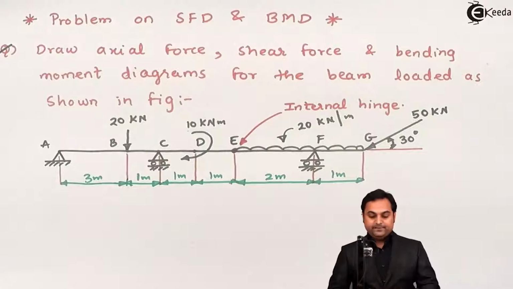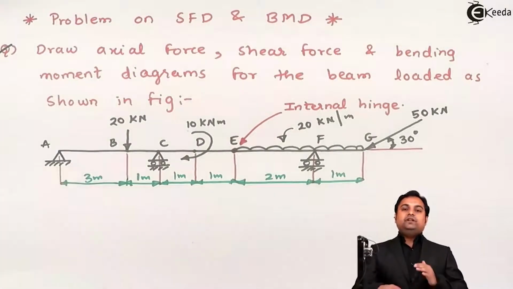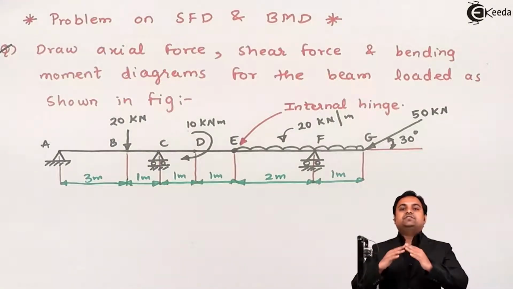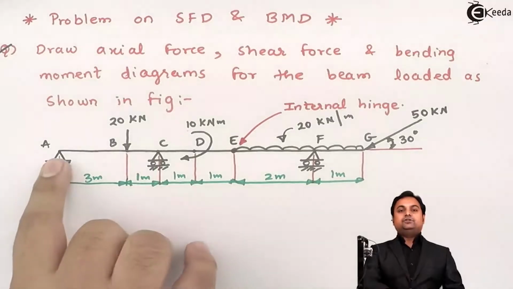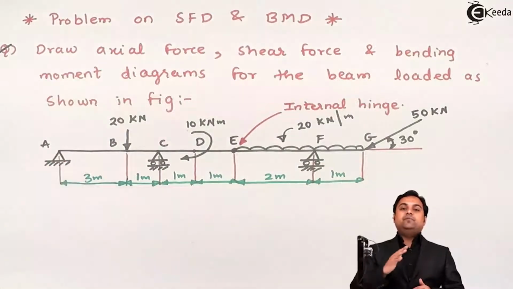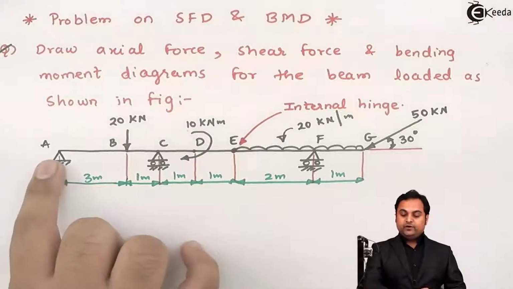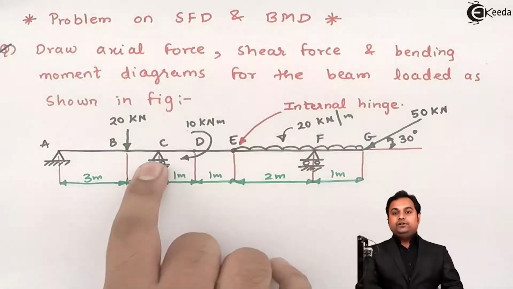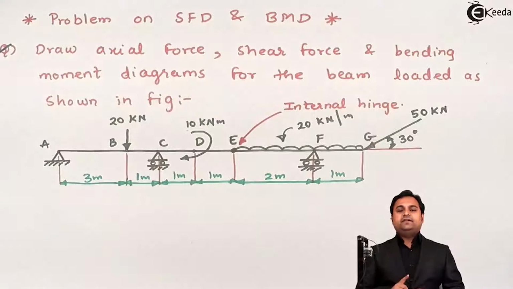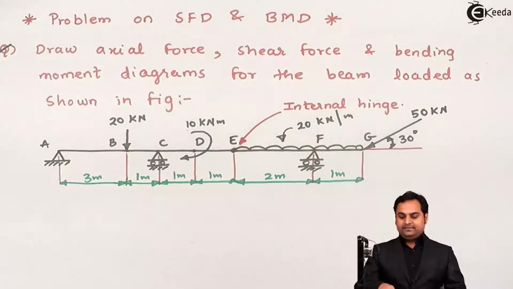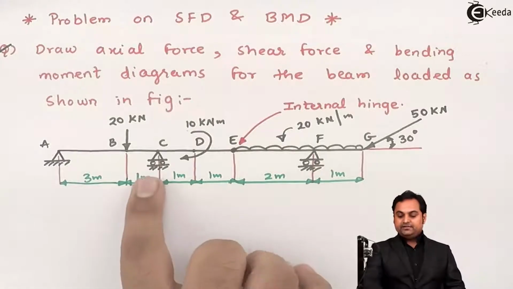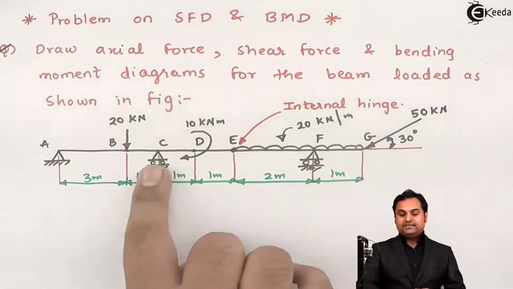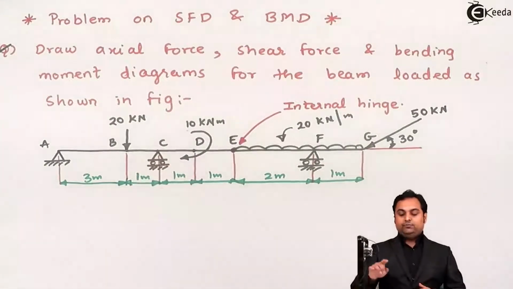Then at the same time, here there is hinge support. Whenever there is hinge support, it will offer resistance in angular direction. That is, the beam will not move in horizontal or vertical direction, but it will be moving in angular direction. So there will be horizontal and vertical reaction at point A. Then if there is roller support, in that case there will only be vertical reaction, because at the roller, when the load acts, the beam can move in horizontal direction, and this roller support also offers some angular motion. So there will be only vertical reaction, that is, the beam cannot move down at point C.